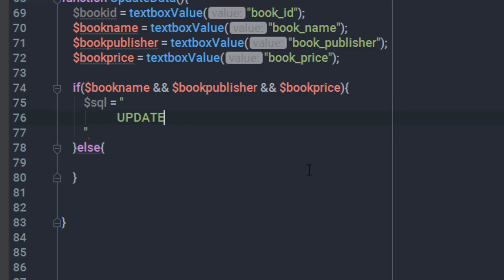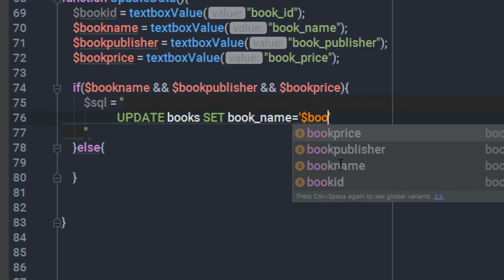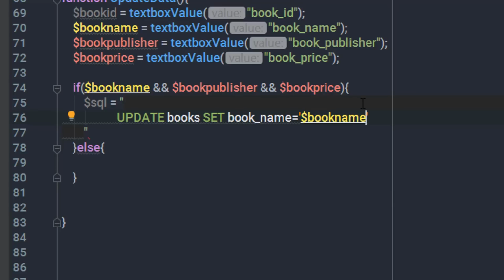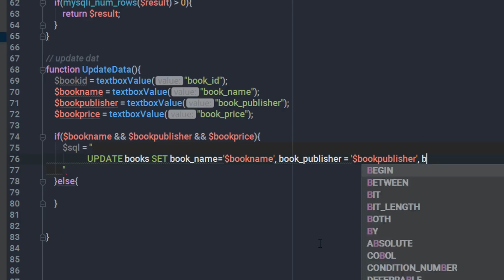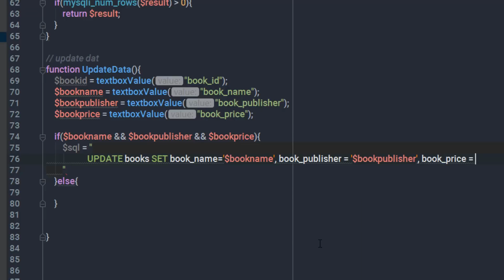If I just say here update books, so I'm going to just specify the name of my table, and then I will say set book name is equal to, in the single quote I want to call this book name variable. So I will just say here book name, right? So I want to specify book name value to this book name field, right? Now just after that, specify comma here and just say book publisher is equal to, in the single quote, I will just call book publisher, specify comma here and just say book price is equal to, in the single quote, I will just call book price,